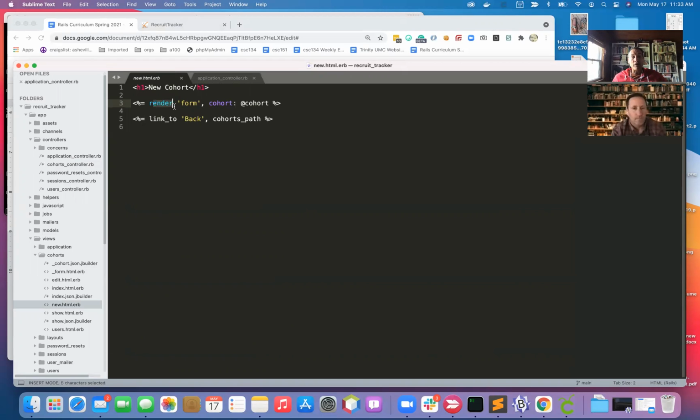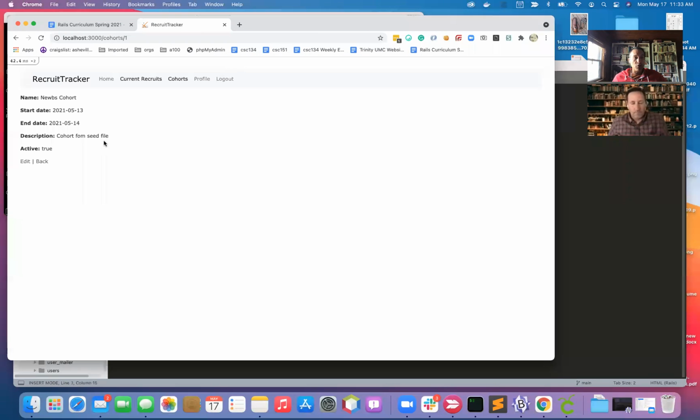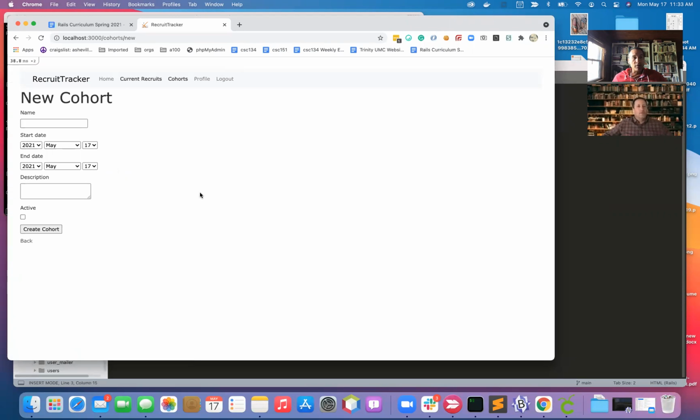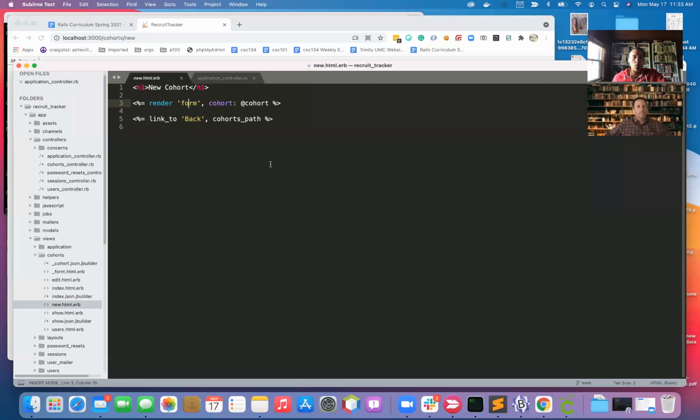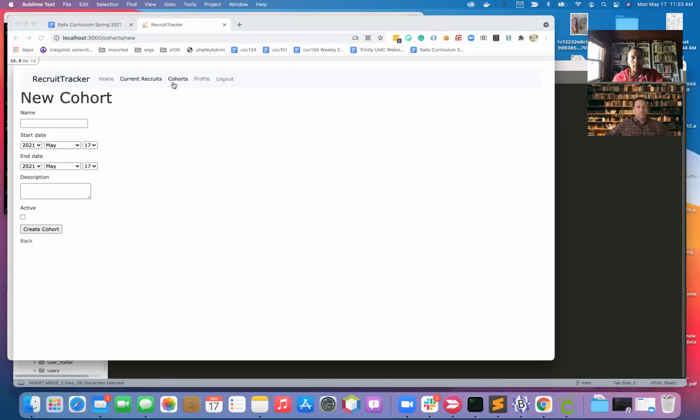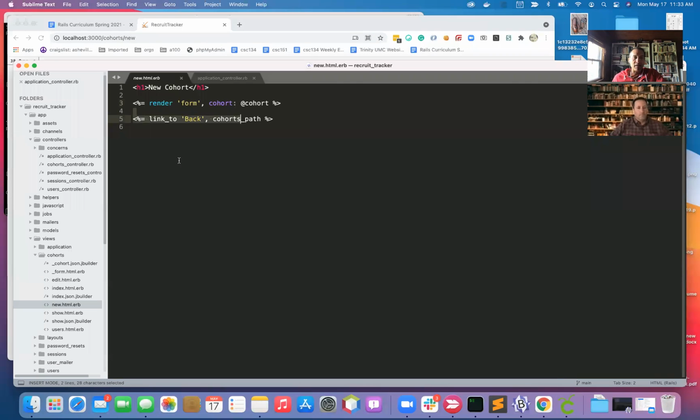But notice here we're calling this render function, then we're calling form. So what this is actually doing is when we load up new, so if I do new cohort, I'll go back and then do new. Note our URL is cohort/new. We're actually looking at this form here. Notice you see the back link, and then you see new cohort up top. Here's that back code, and here's new cohort. And then all of this you see in the middle is actually this underscore